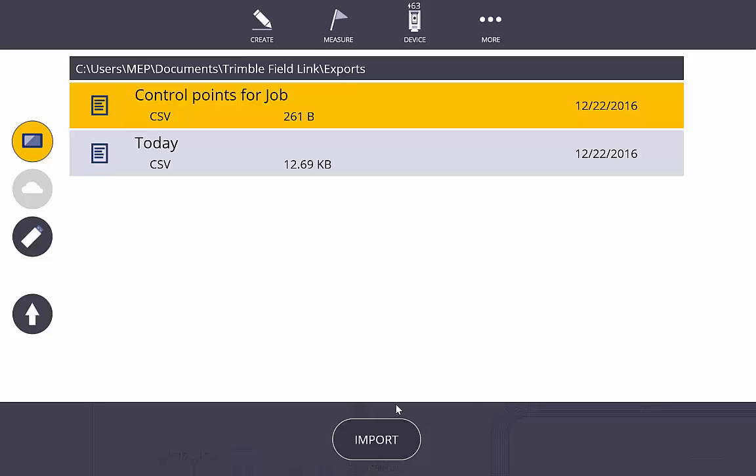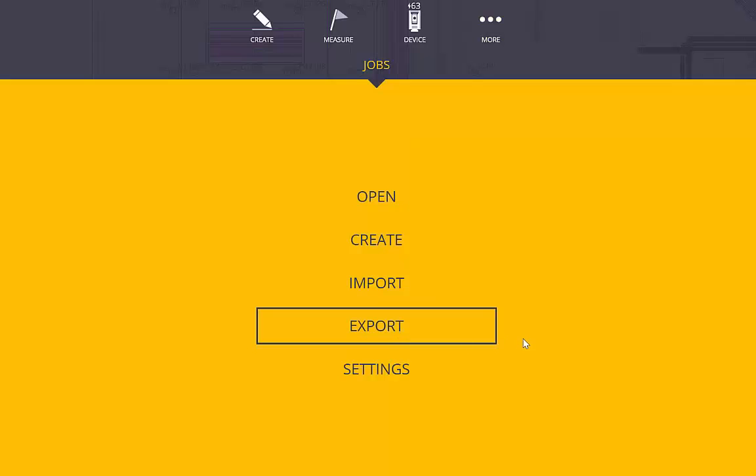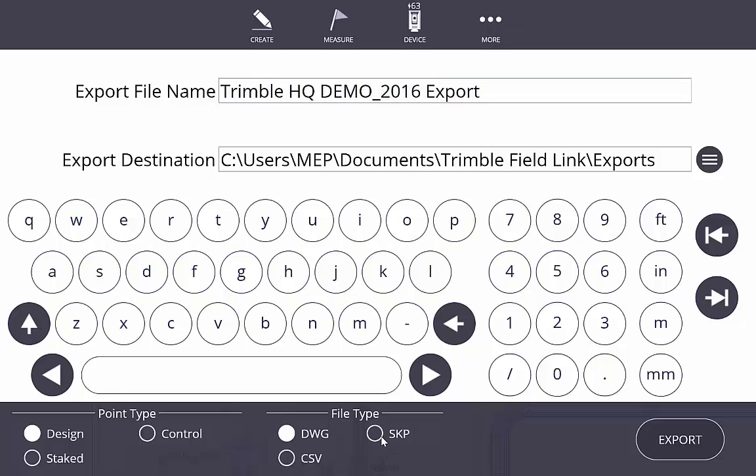Okay, so pretty quickly we can get stuff out of one drawing and into the other drawing. All right. The other thing that we can do here under Jobs and Export is we can export a DWG file or a SketchUp file. Some of you might be using SketchUp, which is great. I'm just going to stick with the DWG file, and what I can do now is export a DWG file. What the DWG file is going to do is export out all my points, and it replaces the point with a block, and that DWG file then can be used really by anybody who has AutoCAD, and they can overlay that DWG file onto their working model and see where those points are that I